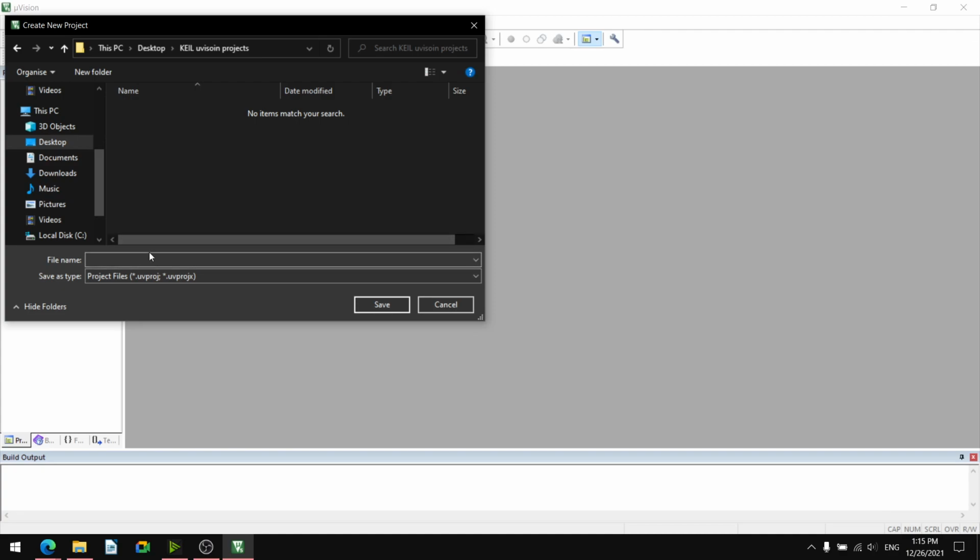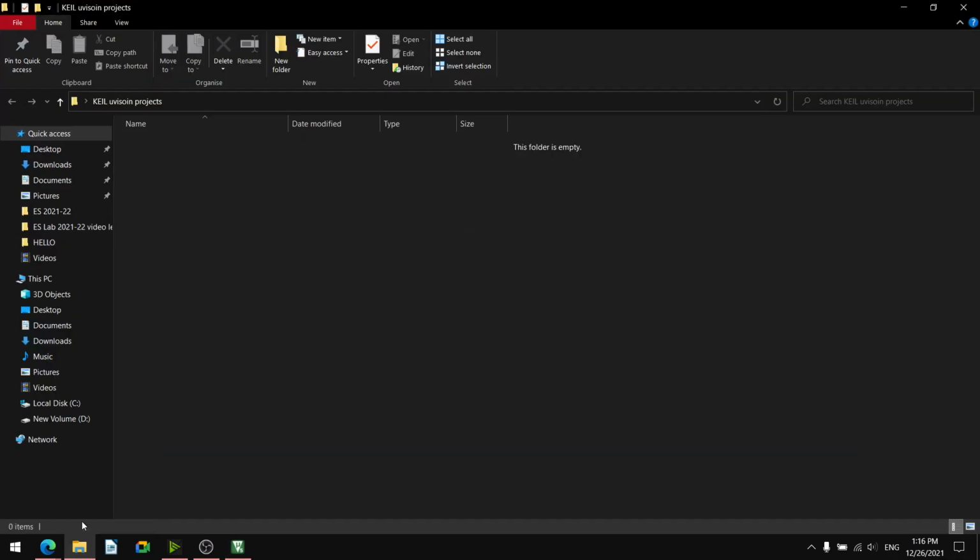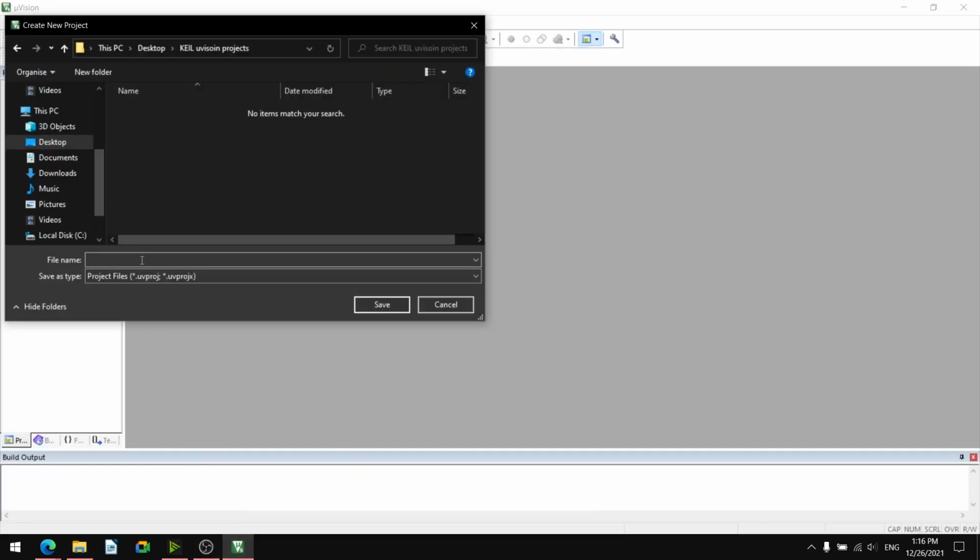This is an empty folder. You can check that this Keil Microvision project folder is empty. Nothing is there in this folder. Now we will create the project with a project name, suppose P1, a project number, project 1.